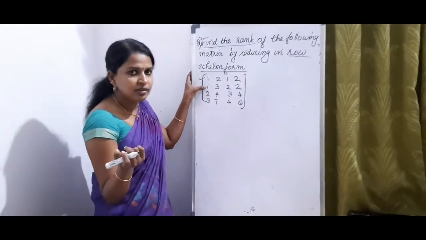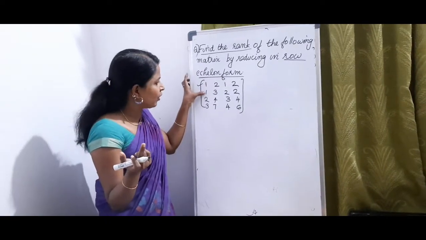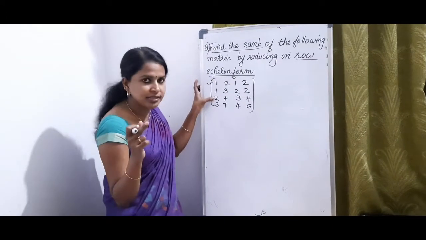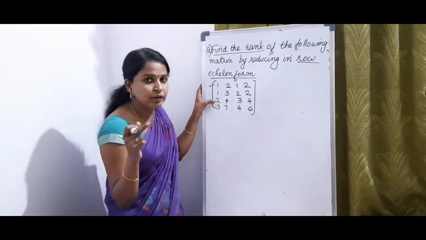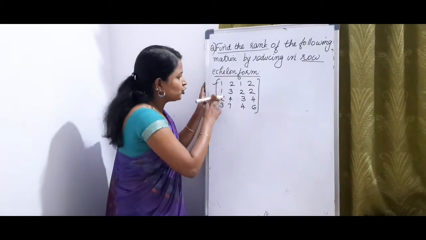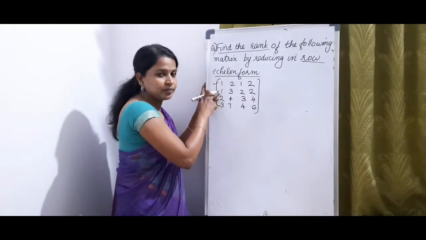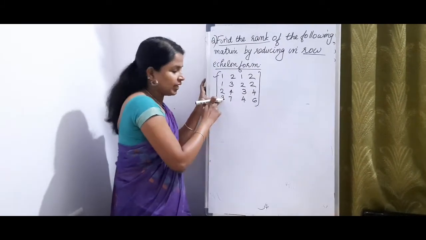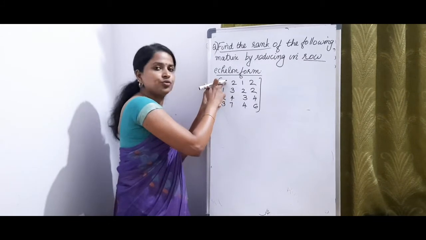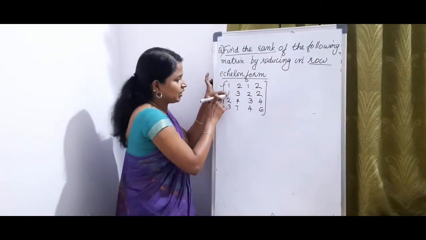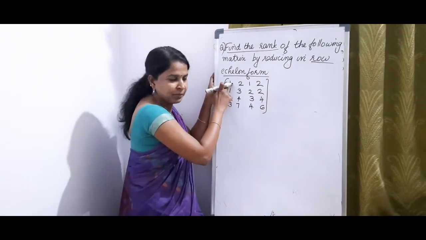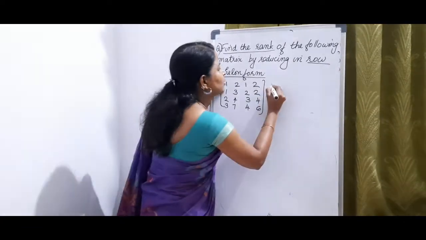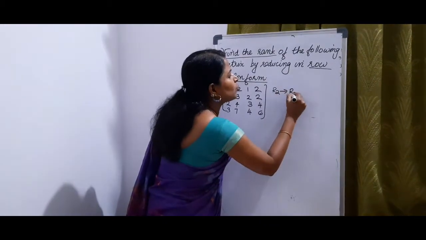That is, this 1 will be 0, meaning 1 minus 1, the diagonal 1. Then in this place, 2 will be 0: 2 minus 2 into 1, using the diagonal 1. Here 3 minus 3 into 1 is 0. First, 1 minus 1 means this one in R2, and this is in R1. So R2 gives R2 minus R1.